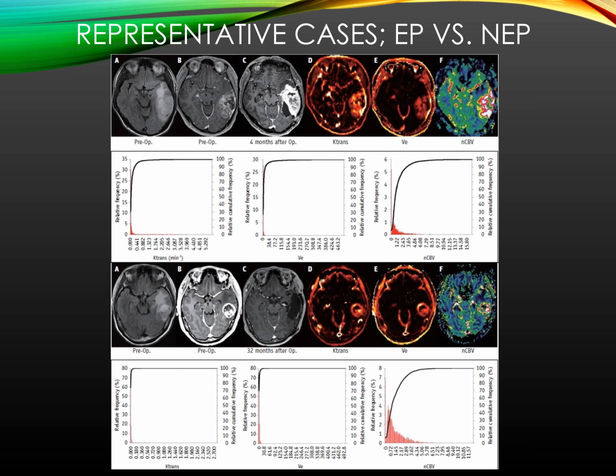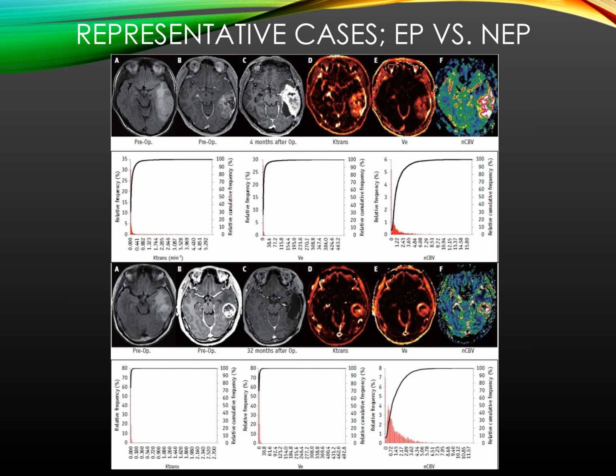I'll show you representative cases. Upper figure is a representative case of early progression. PFS was only about 4 months. Lower figure is a representative case of non-progression. PFS was 37 months. The irregular enhancing mass with internal necrosis and non-enhancing T2-high SI lesions at the left temporal